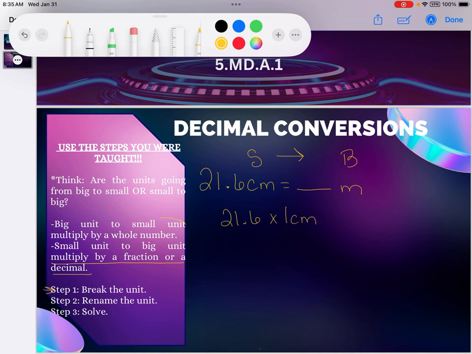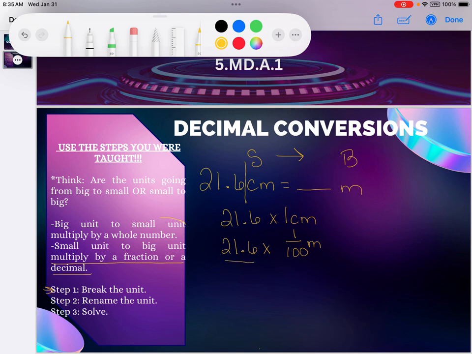Step 2 is to rename that unit. So I need to think, there's 100 centimeters in 1 meter. So 1 centimeter would be 1/100th of an actual meter. Now multiplying decimals and fractions is something that we do not do. So I'm going to go ahead and take this decimal and convert it into a fraction. It's in the tenths place, so I'm going to go ahead and write this as 216 tenths times 1 over